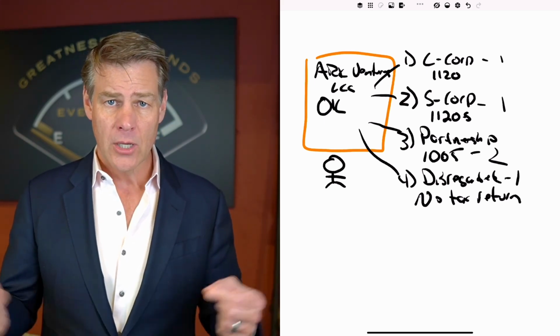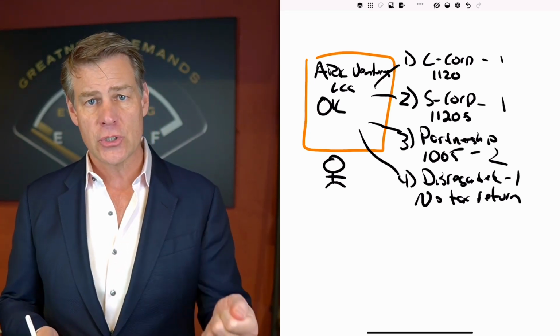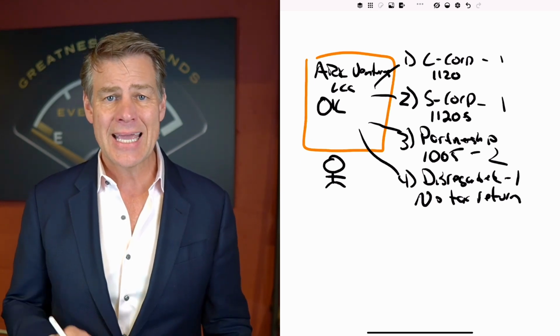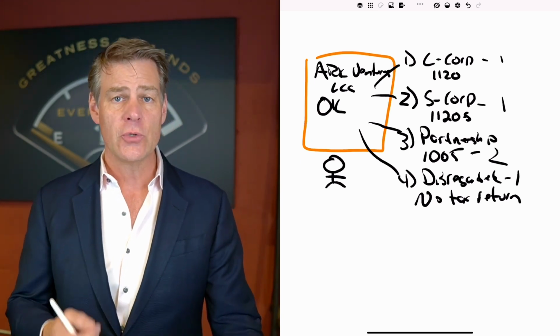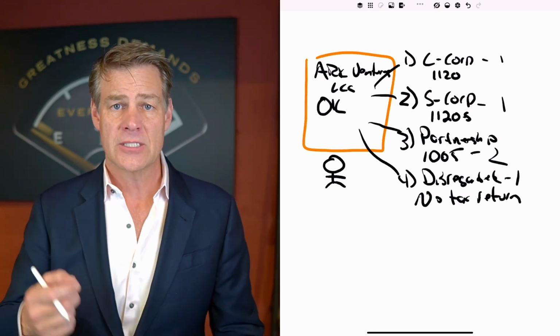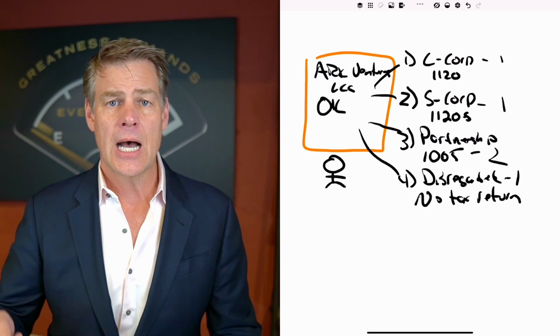Therefore, we have a problem. You're invalidating your S election by your operating agreement stating that it's a partnership. And this has negative tax implications to the owners of the business. And there've been several audits around this where the service has penalized people whose operating agreements did not match their